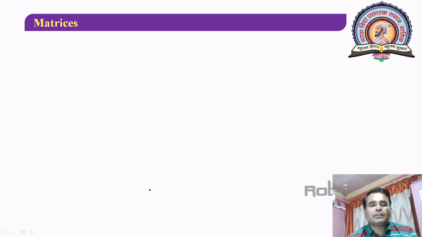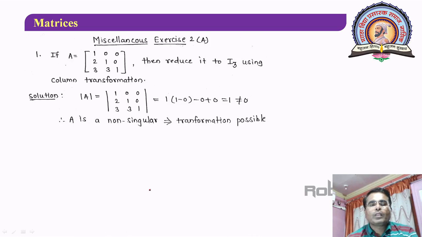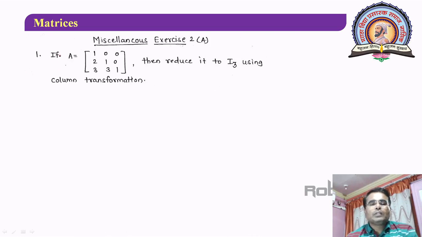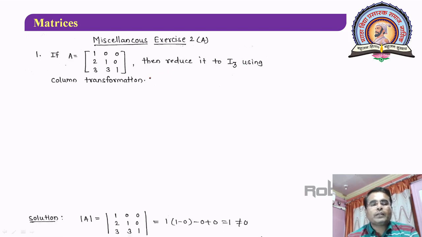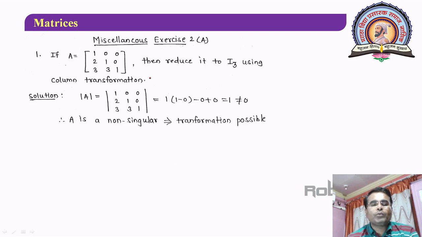So let us try some examples from the exercise. Suppose we have this example. If A is equal to 1 0 0, 2 1 0 and 3 3 1, and we want to reduce it to identity matrix by using column transformations or by using row transformations, then remember that whenever we consider such type of example, our first job is to check whether it is reducible or not. It is reducible if and only if it is non-singular. Here the determinant is coming 1, it is non-singular, that's why reduction is possible, otherwise it is not possible, always